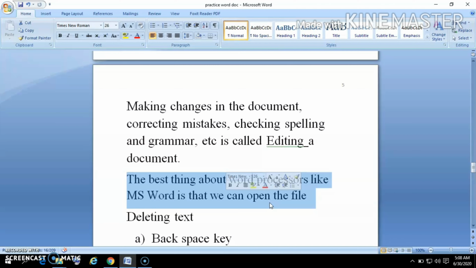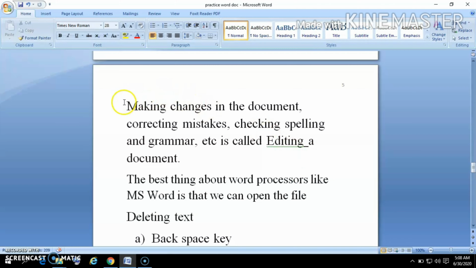Next comes how to select several words or lines. Suppose you want to select this first line. Bring the cursor to the position, left click and drag your mouse in a horizontal way. The first line is selected. Next, if you want to select two lines, how to select them?